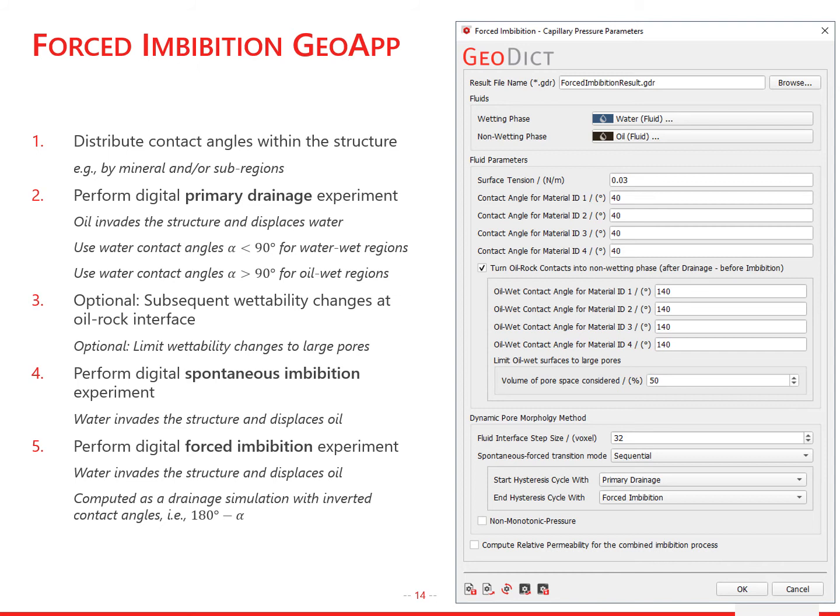After that, the app will turn some of the water-wet grain surfaces into oil-wet surfaces, where oil is in contact with a grain surface. Then a spontaneous imbibition and a forced imbibition simulation are performed, where water invades the structure and displaces oil. Optionally, a secondary spontaneous and forced drainage experiment can also be performed.